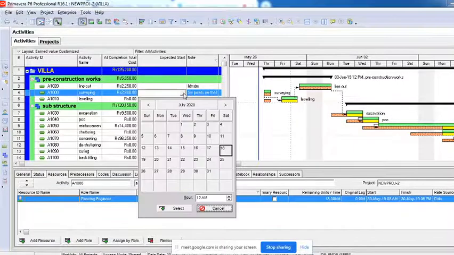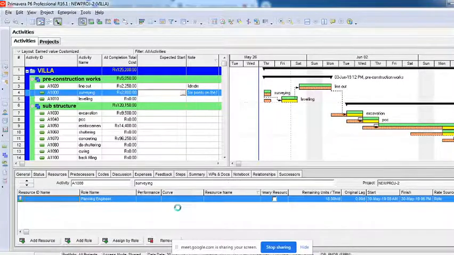So I can give dates. This column was not there. I'm assuming something and telling what could be an expected date. I'm not saying that I'm rescheduling anything yet. You can create as many customized columns as you want.